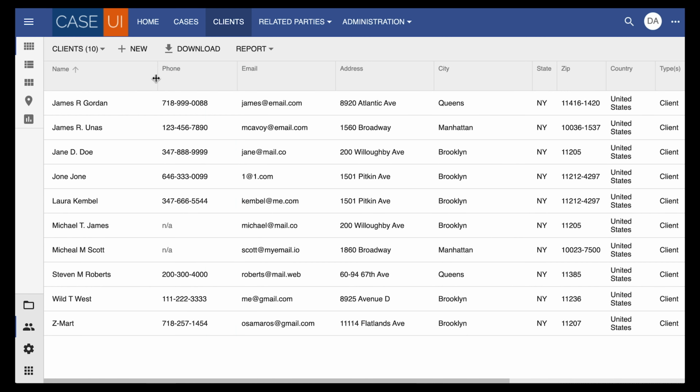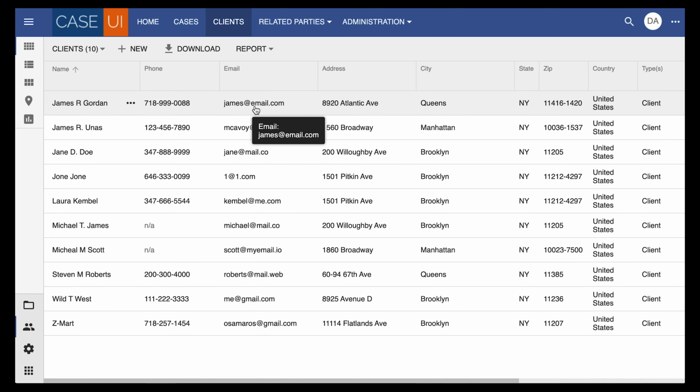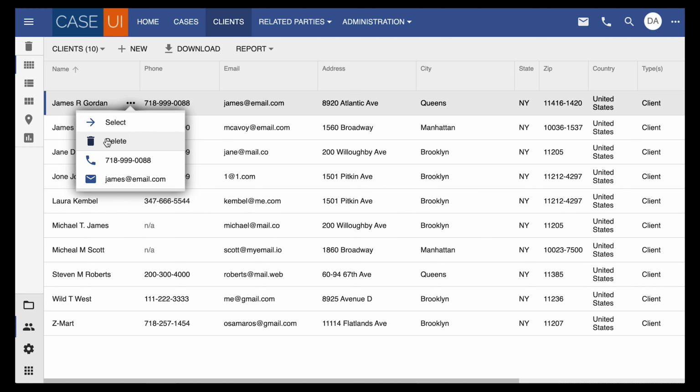Some quick functions here when there is an email or a phone number. You can select the client, and then here there's a phone and an email. You can click on any of these and you will automatically be prompted to dial. Especially if you are on a mobile device, clicking on any of these will present you with the phone app to either email or dial the phone number.